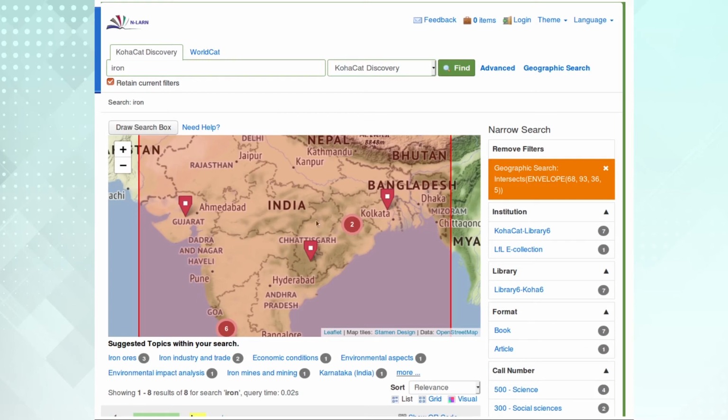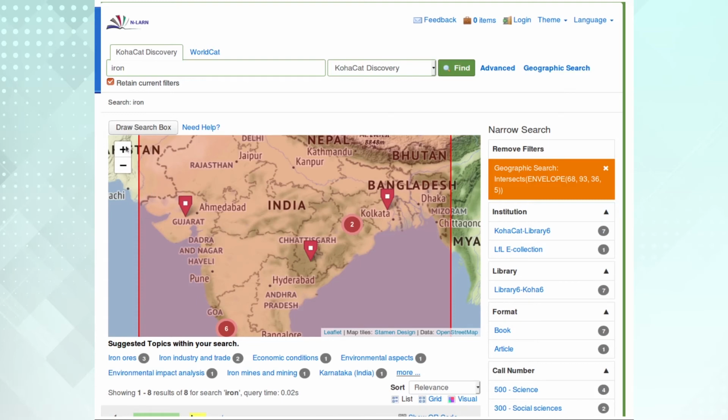We can zoom again, that is, I can click this plus sign. It zooms in, and if I zoom in on the western side, there were 4 documents. Now it shows that this place name deals with 1 document, this place name deals with 2 documents, and this place name in Chhattisgarh deals with 1 document. In this way I can zoom in or zoom out for clustering of data, to show users how these are distributed across different place names.